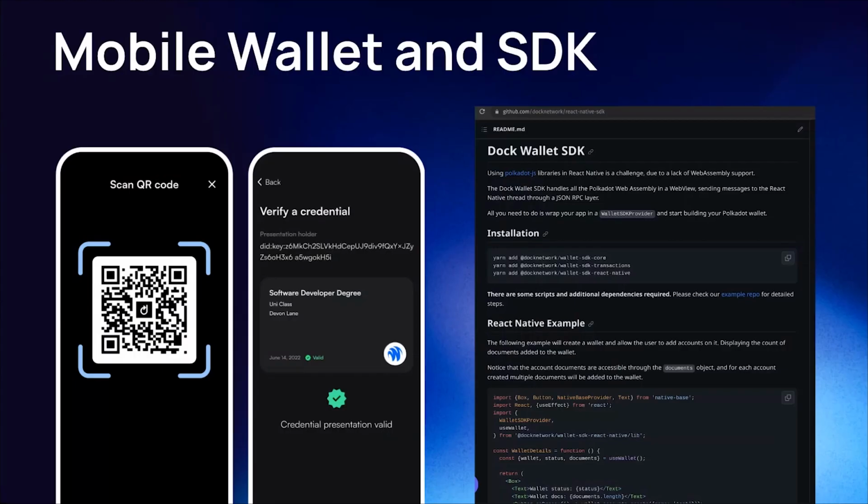And we also recognize that we need to make sure that the holder can keep the credentials safe. So we provide a mobile wallet to do that. You can use the Doc wallet. You can also use a white label wallet that you brand for your specific use case. And we also provide an SDK, a JavaScript SDK that you can embed into an existing application. And you can see on the right, the GitHub repository where it has all the details about how that SDK